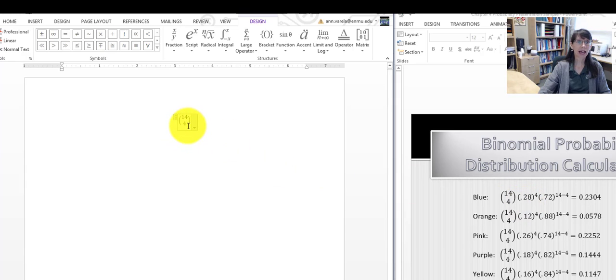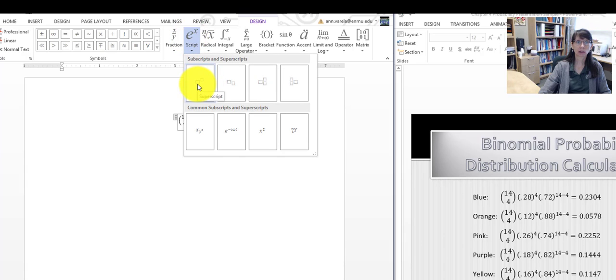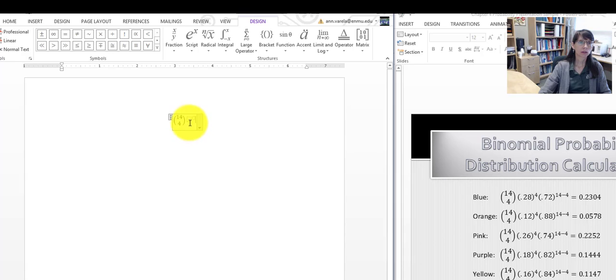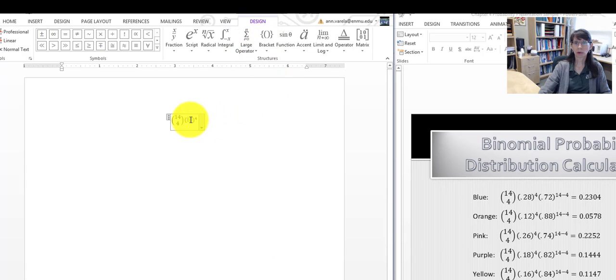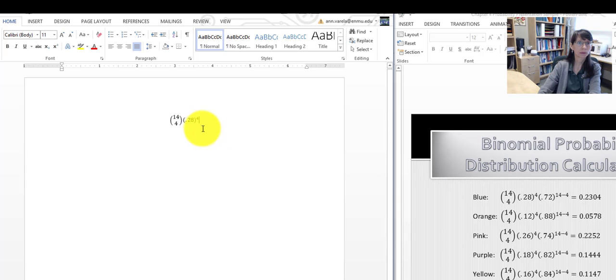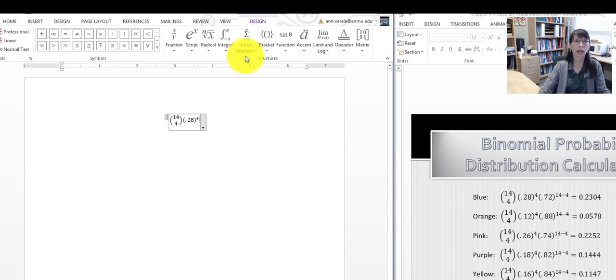So to write that, I need to choose script, and that gets me a box raised to a box. So in that small box to the power of 4 is what our success is, but the rate inside, I need to choose another parenthesis, and I can put my 0.28 or whatever rate of success you have. Clicking beyond the 4, you can use arrows to go past the 4. And I need another